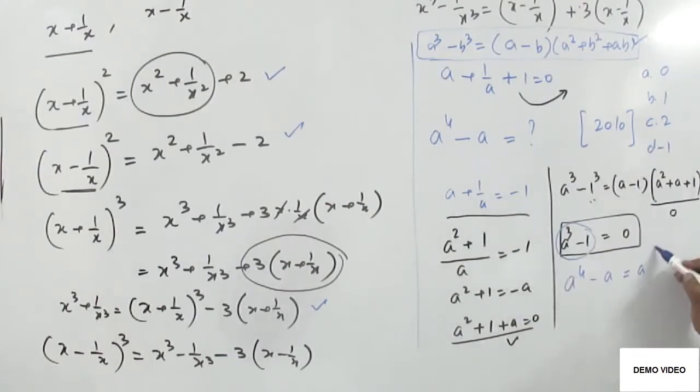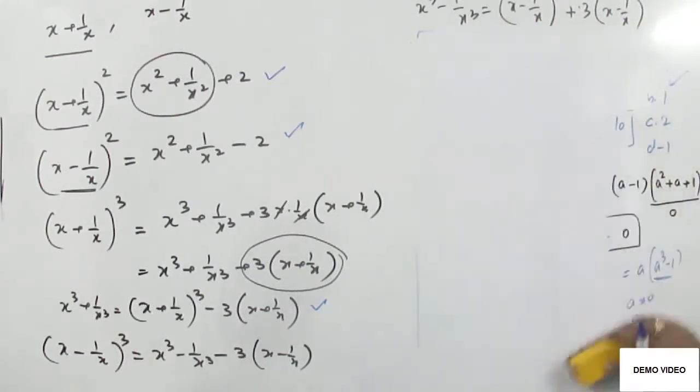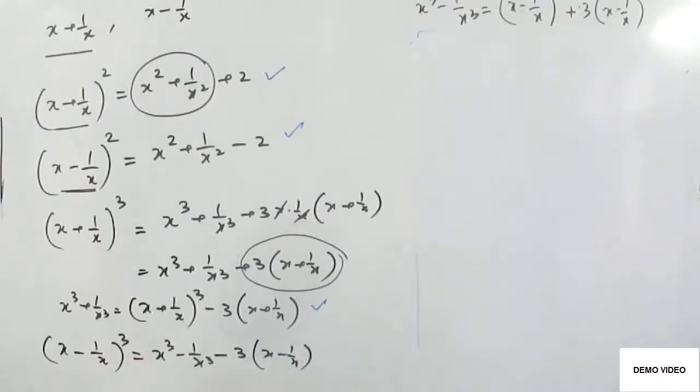Okay, next question. It is a typical question. I am taking some small easy questions. A question asked in the 2008 examination. The question is x minus 1 upon x is 4. We have to calculate the value of x plus 1 upon x. And options are a) 5 root 2, b) 2 root 5, c) 4 root 2 and d) 4 root 5.